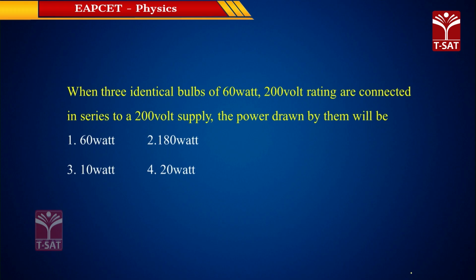Here, when 3 identical bulbs of 60 watt, watt is the unit of power, 200 volt rating are connected in series to a 200 volt supply. The power drawn by them will be, here when 3 identical, what happened here? See again the question: when 3 identical bulbs of 60 watt 200 volt rating are connected in series to a 200